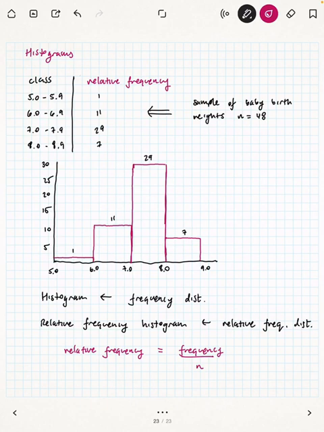We're just rescaling each of the frequencies by dividing by n, which in our case is 48, so go ahead and put that in. And we did this in the previous video where we found what each of these relative frequencies is. But what's really awesome about this is that when you rescale and you want to represent your relative frequency histogram, you don't have to change the bars themselves. All you would be changing,